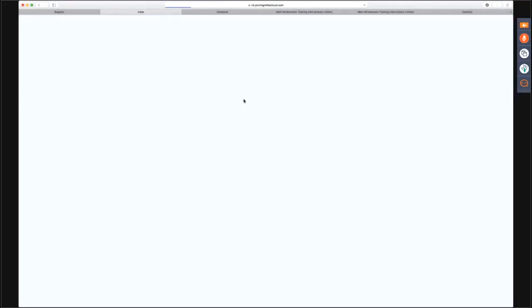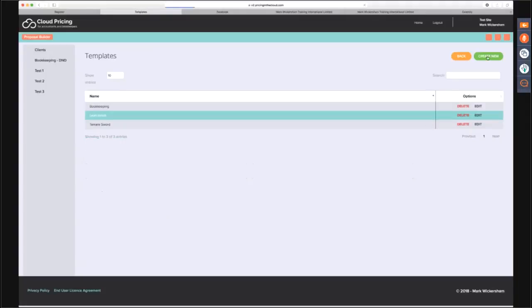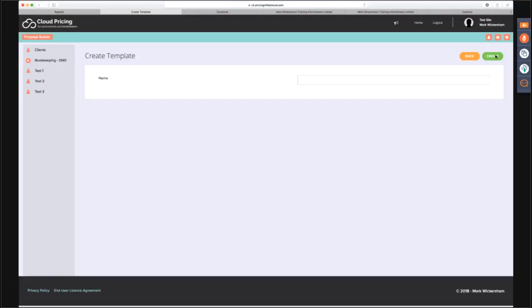You go into the templates area, and in the top right corner of the screen, you can see that there is a Create New button. And what you would do is you would just basically do all of those questions and create them yourself, which you can do. That's not a problem. However, I recommend that you kind of